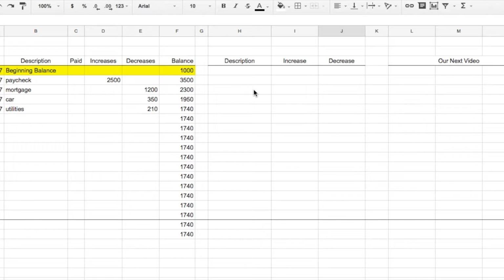But I like to use Excel because Excel was designed for this, and it makes the whole process a lot easier. So that's really all we're going to do: list out our monthly income and expenses, and link it up with our check register over here so we know where we are,